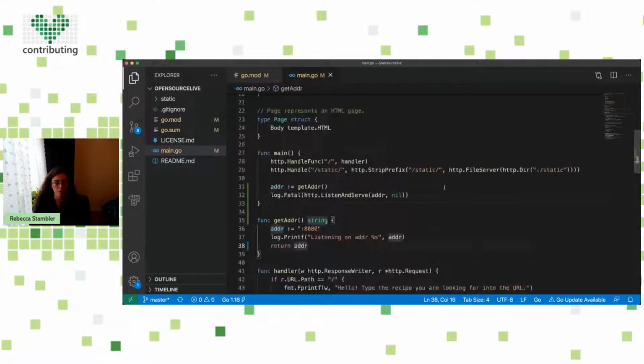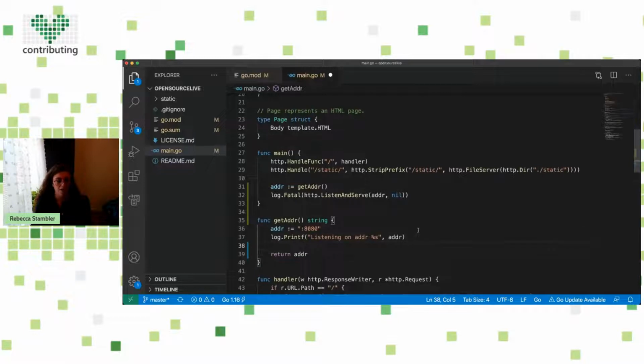Some of the more advanced features of auto completion, which were actually contributed by a contributor from the open source community, is what we call deep auto completion. It's going to search not just the top level symbols that are available to you, but all of their fields and methods and all the exported symbols of the packages that you import. In this example, we know that this address variable is supposed to be a string, right?